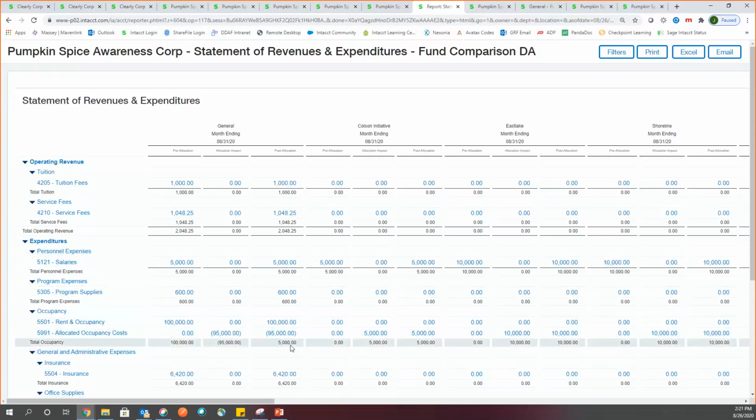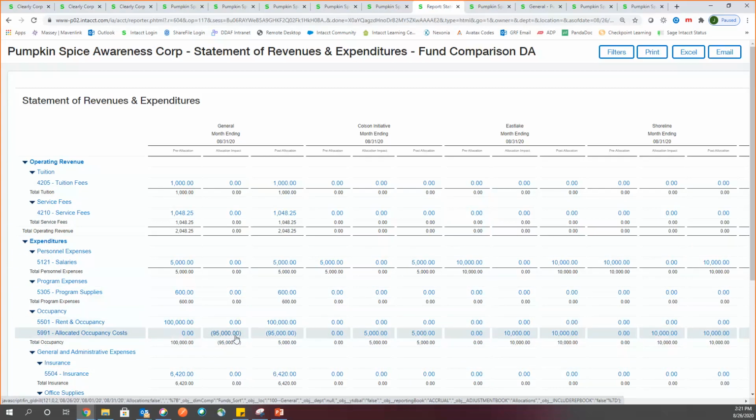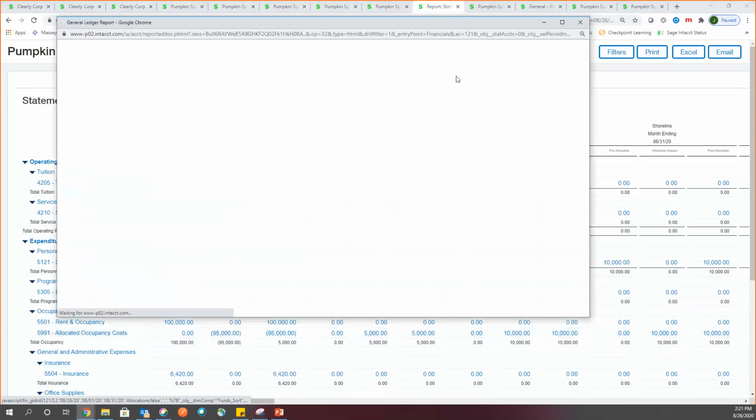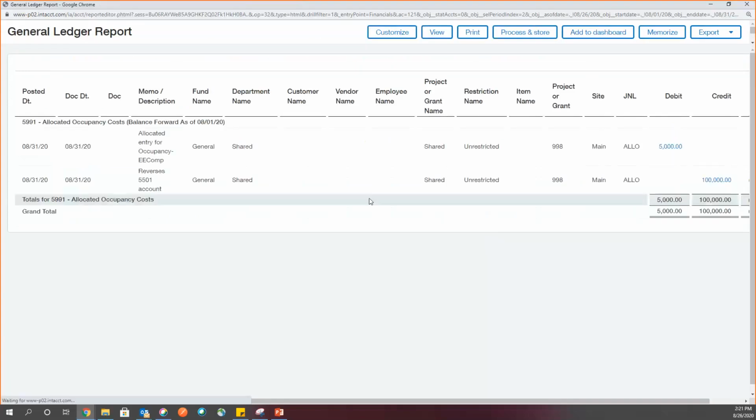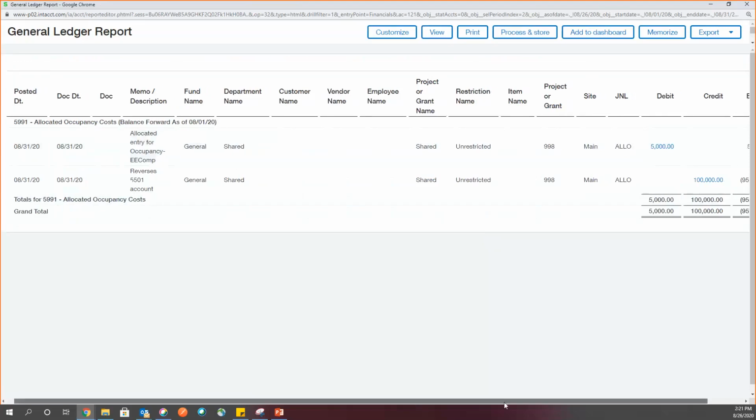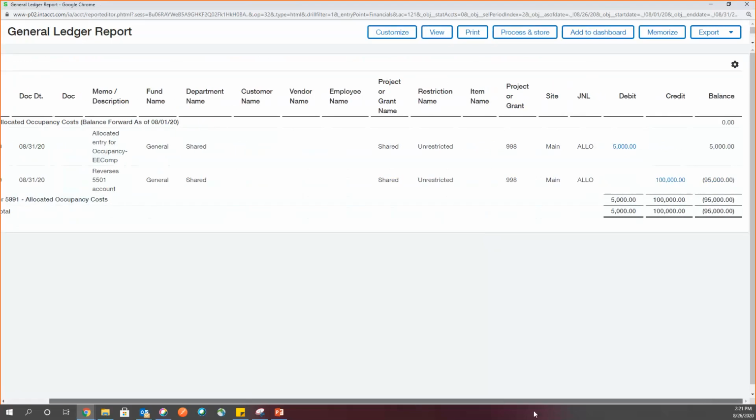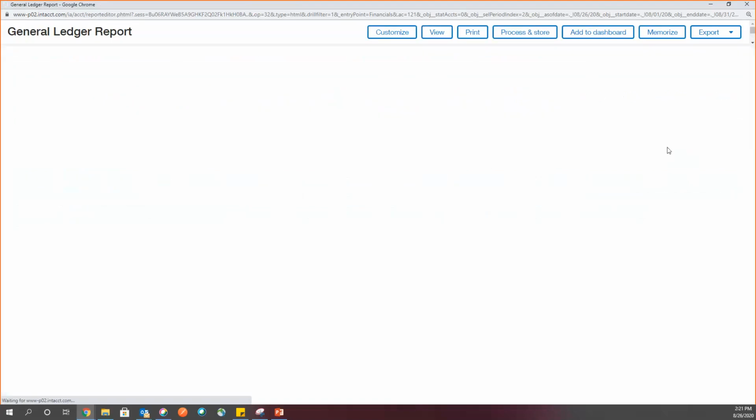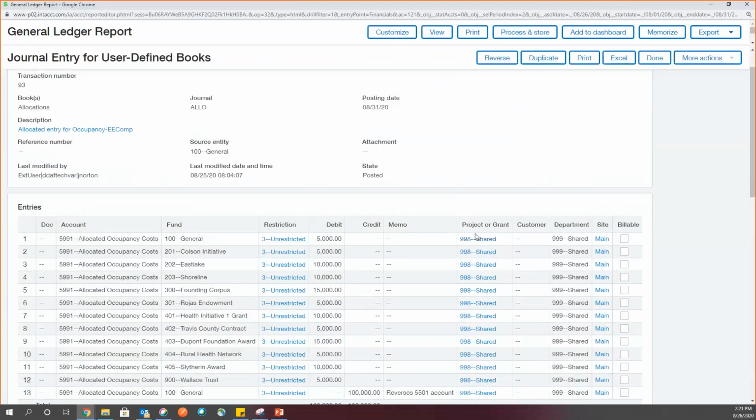And you can see indeed, I've got my pre-allocation, and then I've got this allocated occupancy cost pulling out $95K from one entity and distributing it to the others so that everybody gets their appropriate share. Now, if I drill into the line, I can see that here's the entry that Dynamic Allocations automatically created for me. If I drill into that, I can see the full-blown, all the debits and credits,